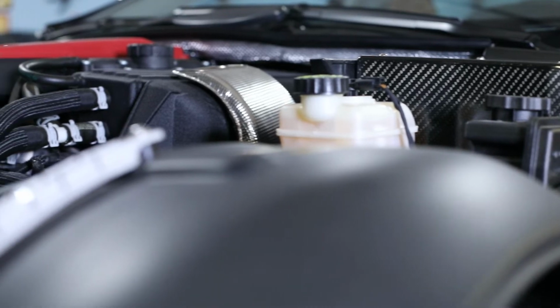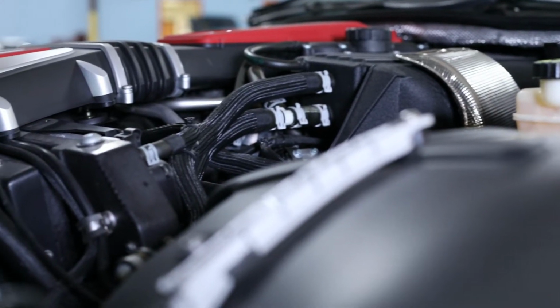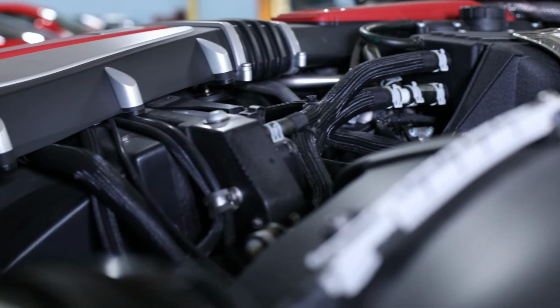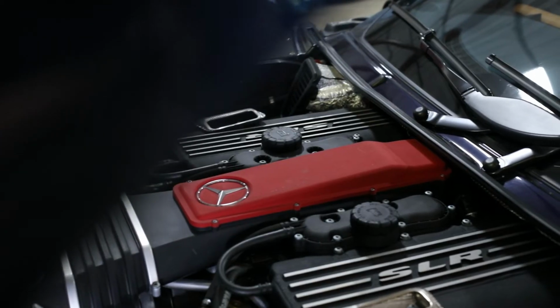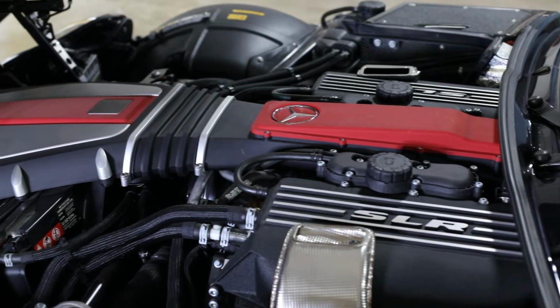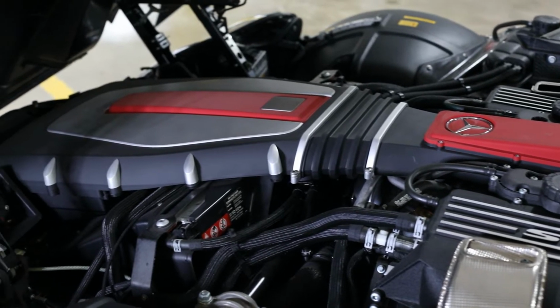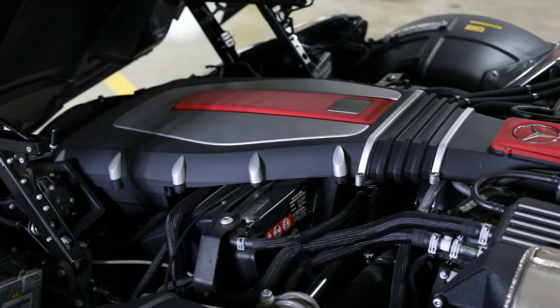While we have the hood open, let's talk about the engine in this car. We're looking at a 5.4 liter supercharged V8. This car made an impressive amount of horsepower for the time. It was a little over 600 horsepower, something like 700-ish Newton meters of force. It was a great car with a great engine, but unfortunately, just a few years later,